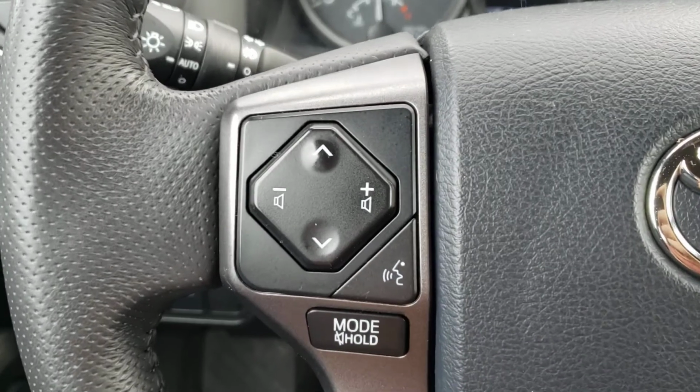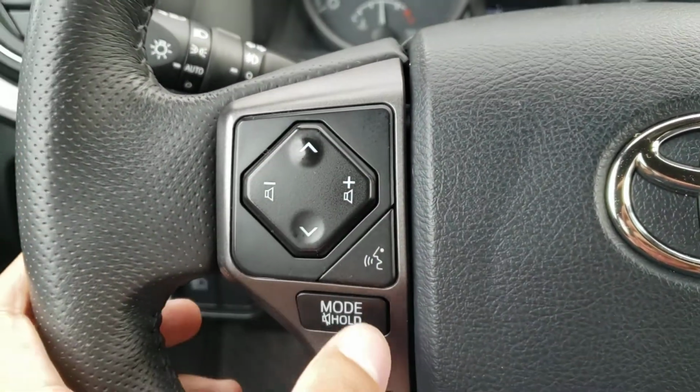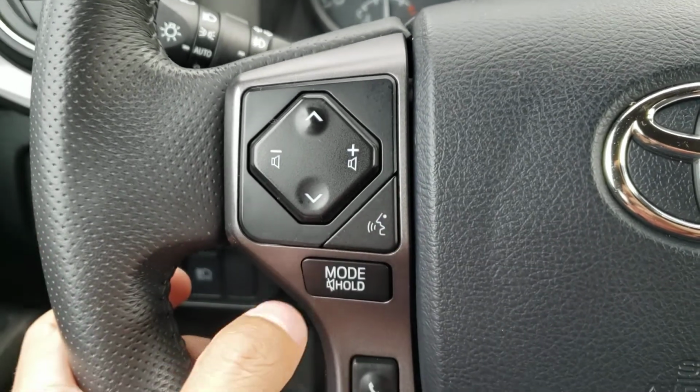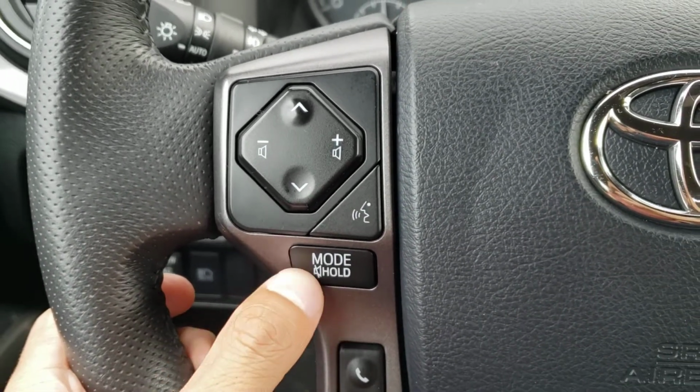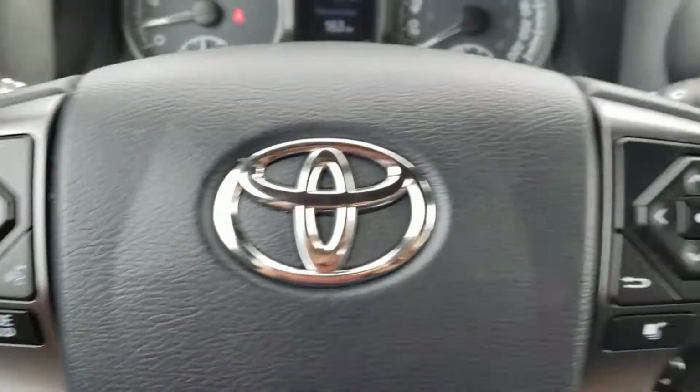Over on the left-hand side here, you'll find your steering wheel mounted audio controls, which includes your volume rocker and track selector buttons. You've also got the voice recognition button in the corner there, and just below you'll find the audio mode button. You can also hold that to mute the system. Below that, you'll find the two Bluetooth hands-free calling buttons,